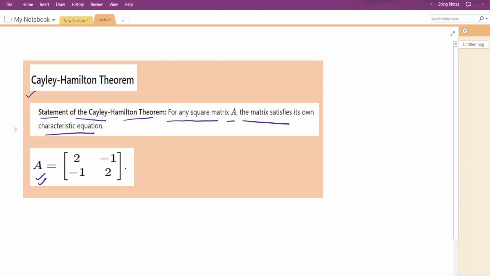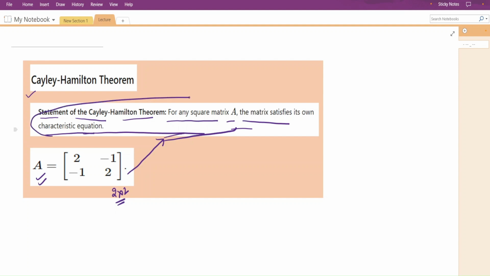And the matrix I have taken is a 2 by 2 matrix. So basically I want to prove here that this particular matrix will satisfy its own characteristic equation, right? So this is the whole process. Since this matrix has to satisfy its own characteristic equation, first of all let me tell you